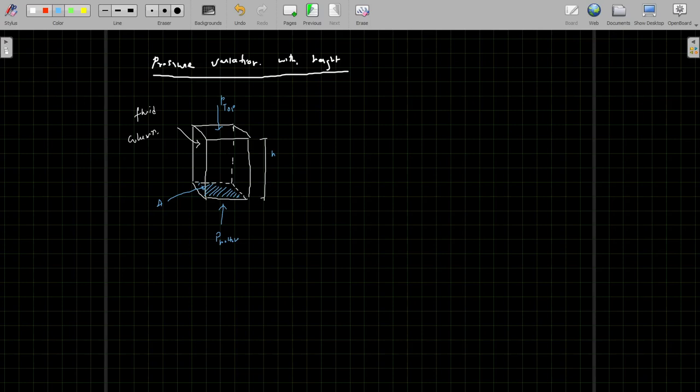Also, if you look at the weight of this liquid column, in terms of force, what is the force acting? This is the force due to the weight of the liquid above, the force at the top, and this is the force acting on the bottom. And it also has its own weight mg. Therefore we can write like this: